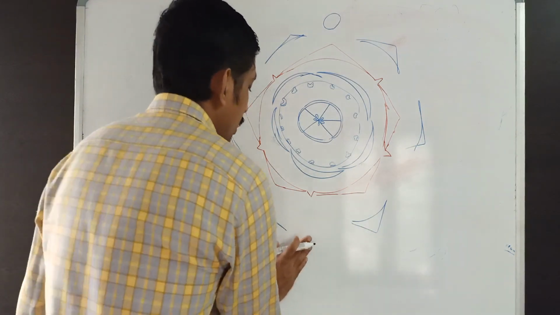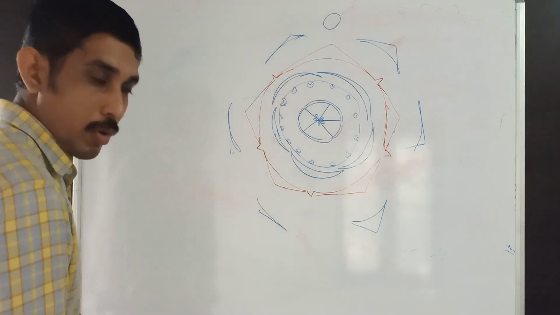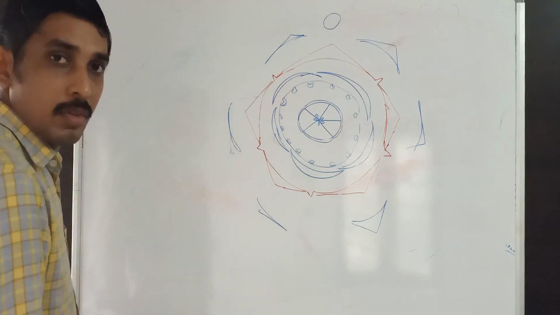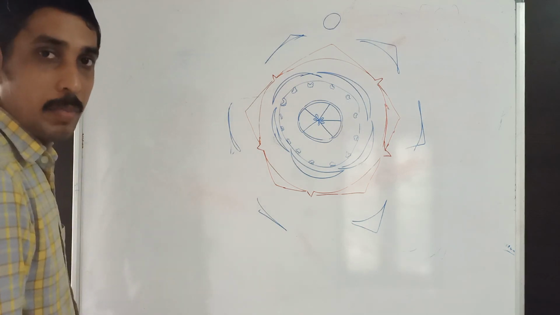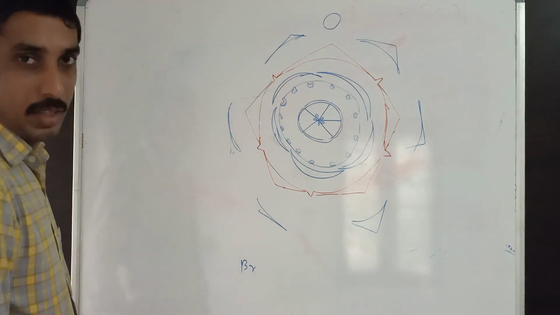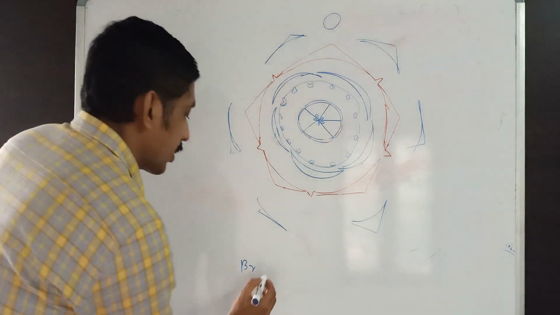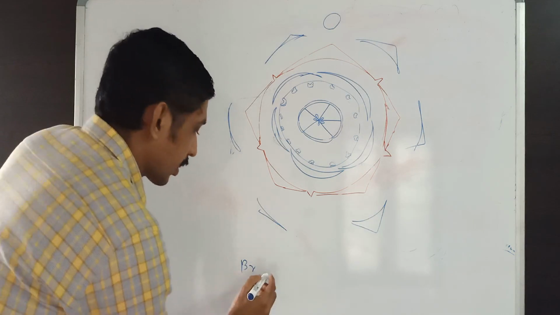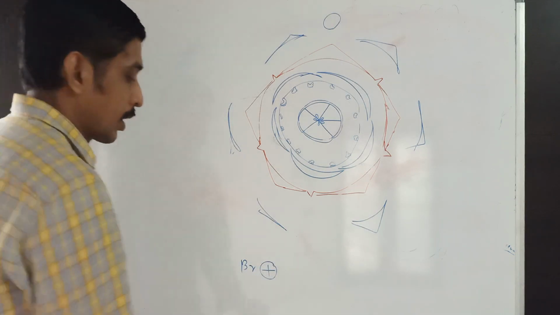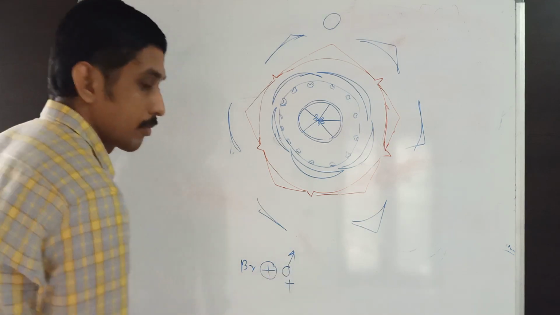When we move to the floral formula, first of all we need to write whether bract is present or absent. So here I use BR, bracteate. Next we need to know the symmetry. I already told you it is actinomorphic. And sexuality, it is bisexual. Then